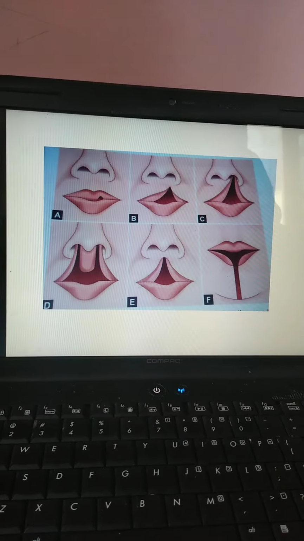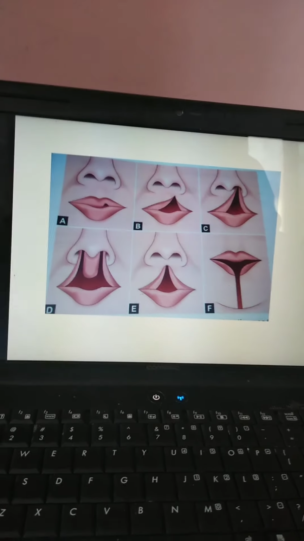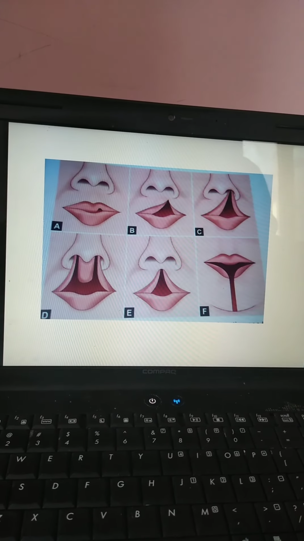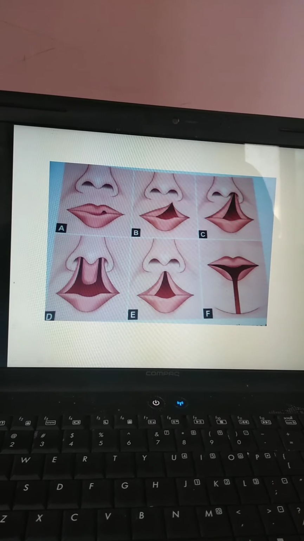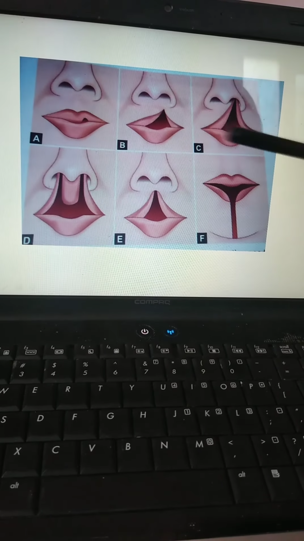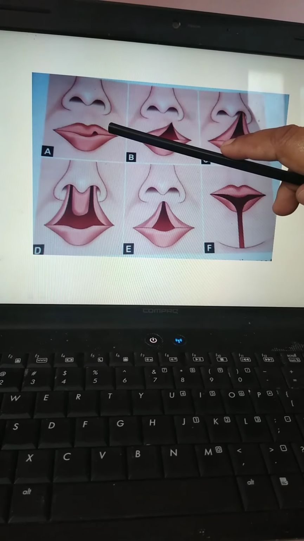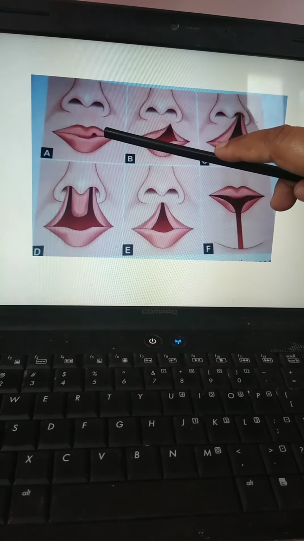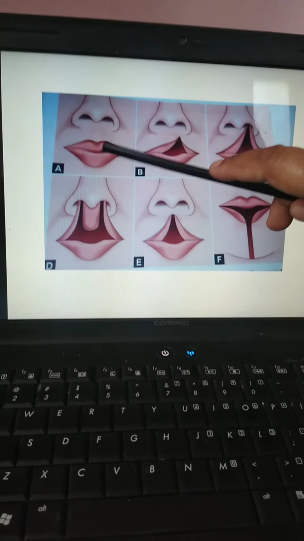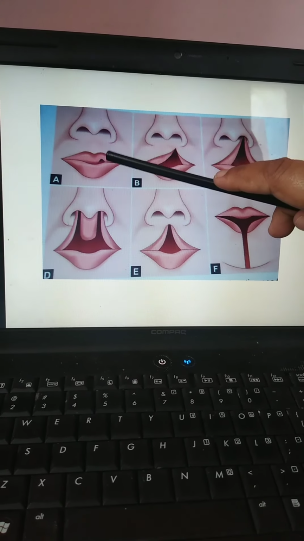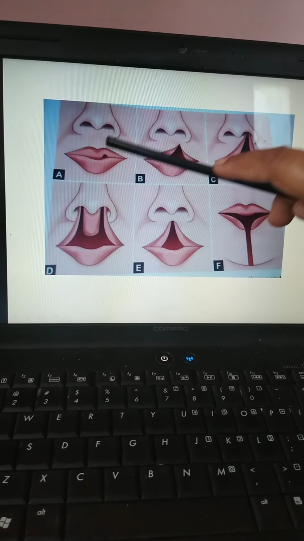It is present in the hare. So normally this cleft is present in the hare. That is why it is known as the hare lip. Normally in humans it is not present. So if it is present, it is divided first into unilateral. Okay, so this is the unilateral type. You can see here the cleft. It occurs due to the non-fusion of the maxillary processes towards each other.